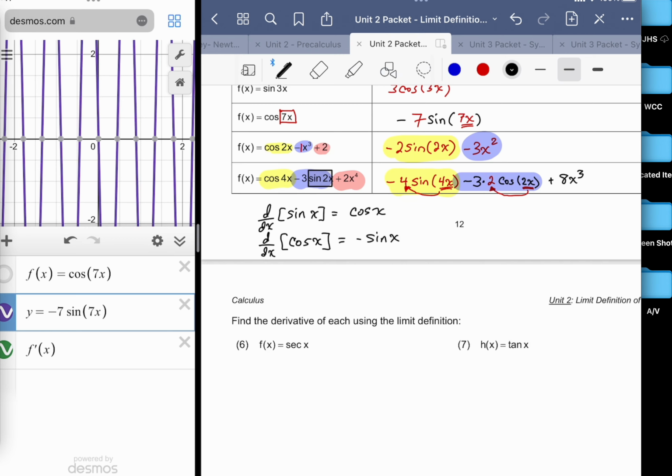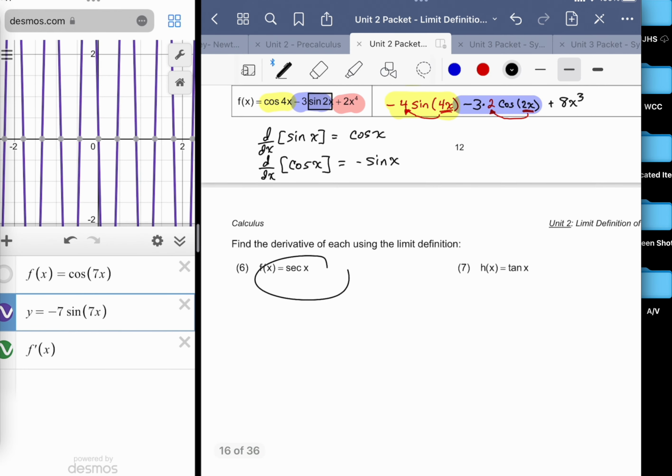So the secant, tangent, cotangent, all that good stuff. Got to go back to scratch. Got to investigate and identify some rules here. But it's going to boil down the same way, where if we can just figure out what the derivatives are for these types of functions, then if these functions are modified in any way, like instead of secant of x, let's say it's secant of 2x or secant of 5x, we're going to be able to rely on the same sort of relationship that we just discovered for